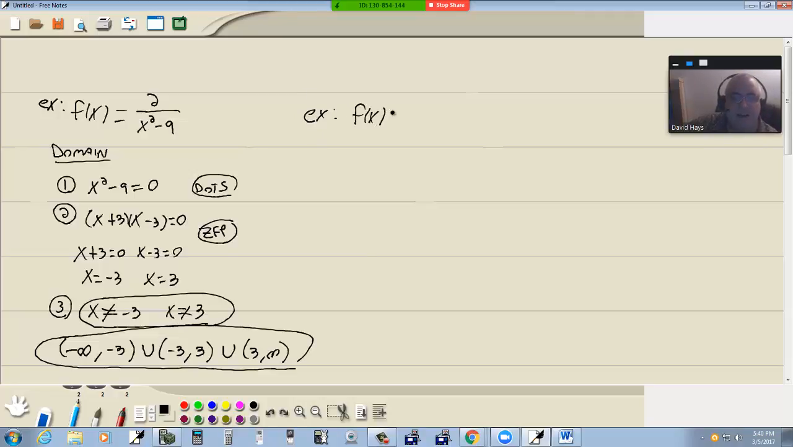Now if I had a square root, a radical with an even index. Remember, your index is whatever number's in the slot right here, and if there isn't a number there, it's by default 2. So to find our domain,